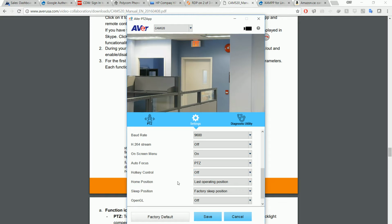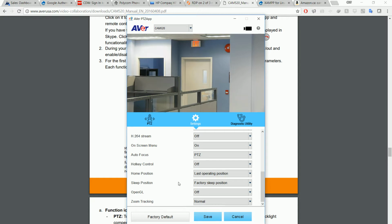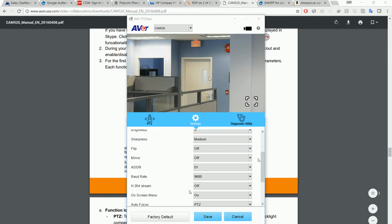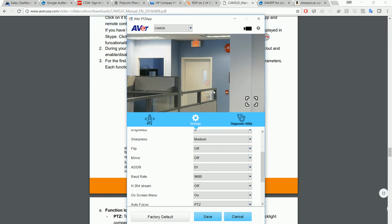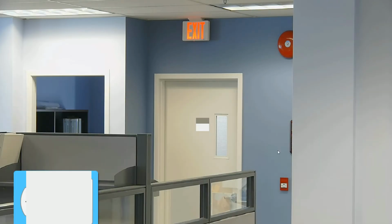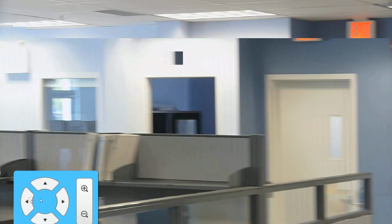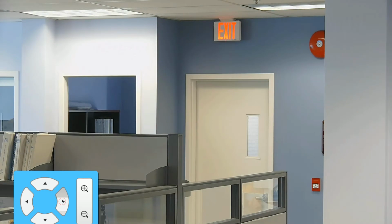hotkey control will allow you to use your keyboard to control the camera. And some other options, sleeping, okay, this is a full screen view. Okay,